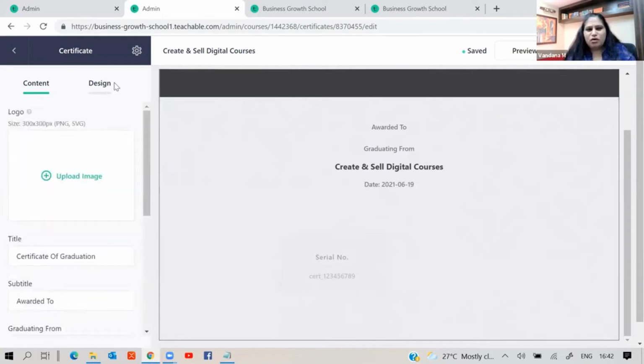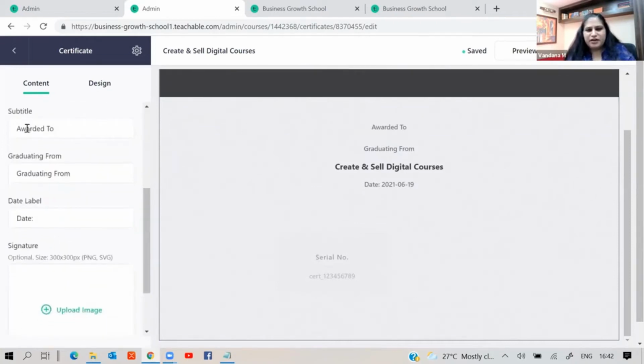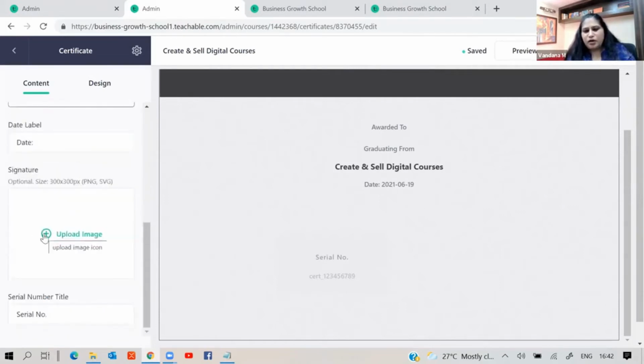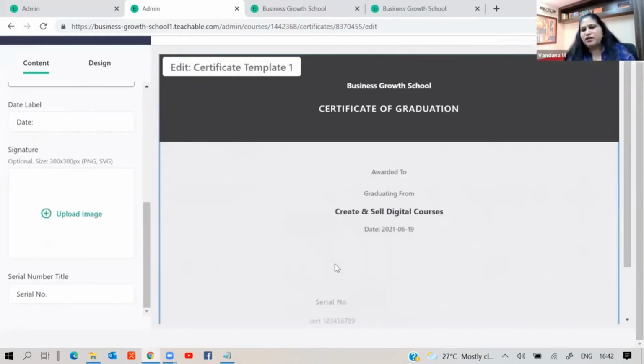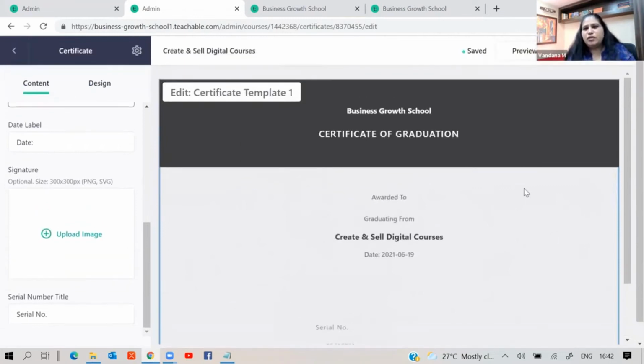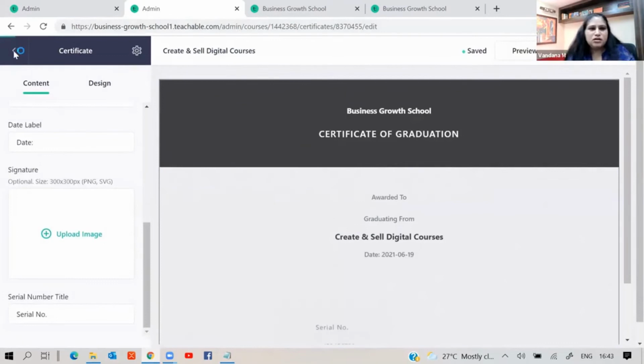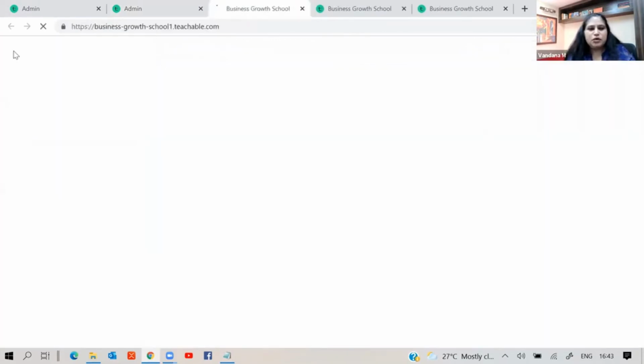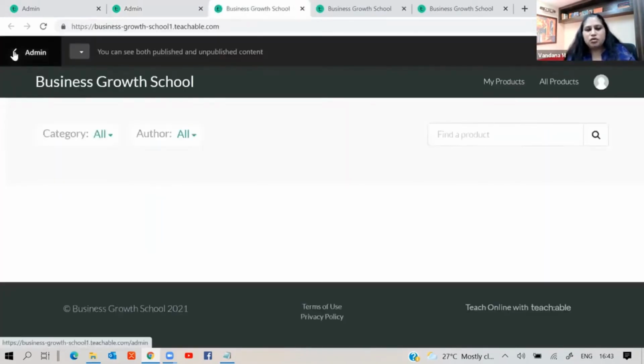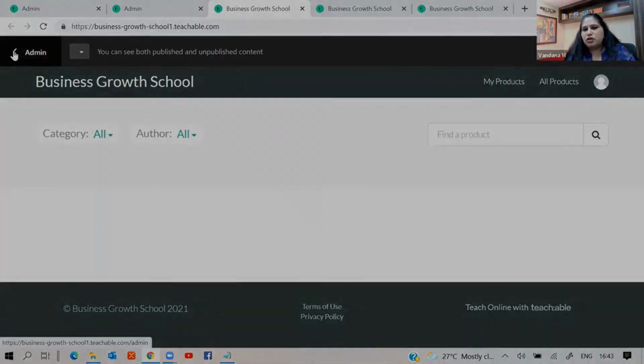Okay. You have your logo, you have the title of the certificate. It is giving on the left box, whom it is awarded to, and graduating from what. And you can upload any image, a product image, or your course name, or your own picture, whatever you want. And that's how it creates a certificate to be awarded to your student. Okay. So this is how you will be setting up your certificate. These are the important buttons that you will have to take care of when you are building your course. Okay, so pricing done, certification done, course uploading done, designing your course curriculum done. That's all.